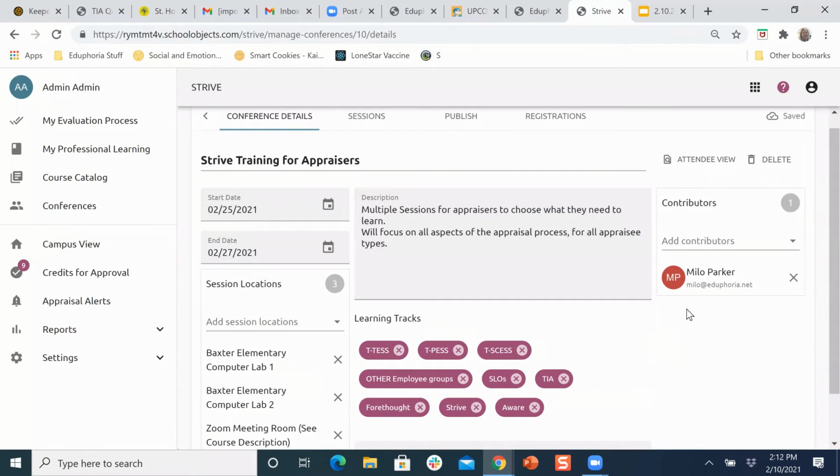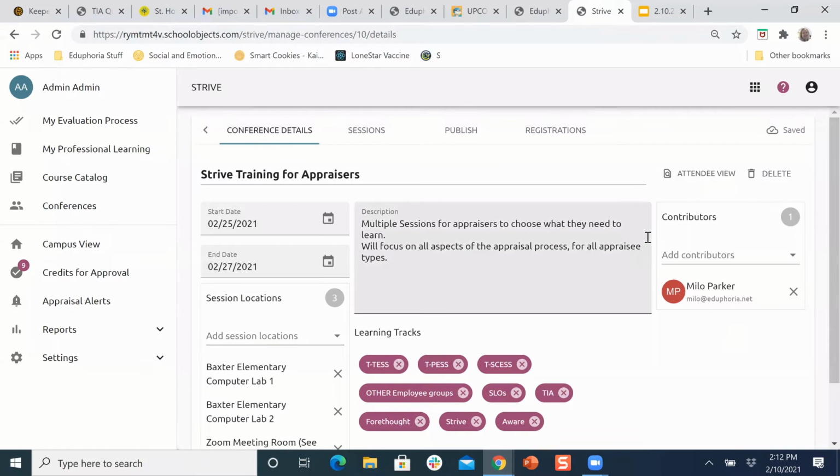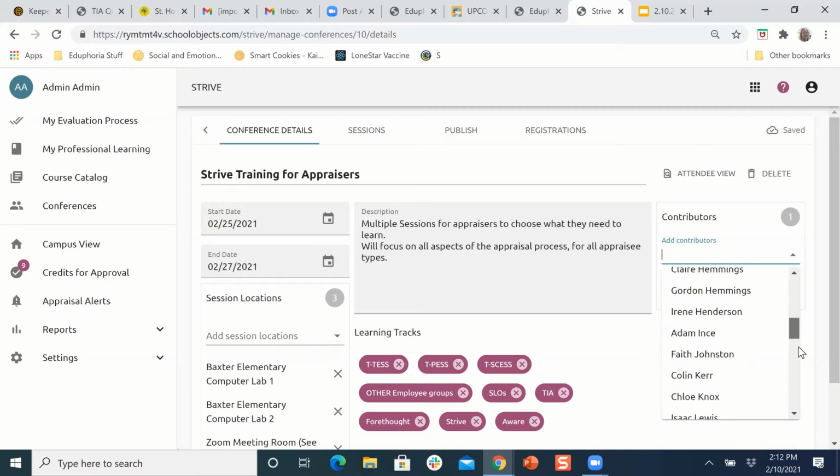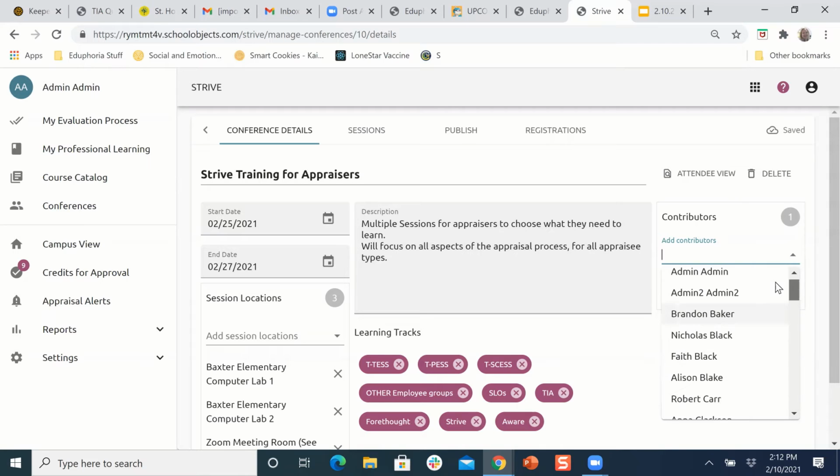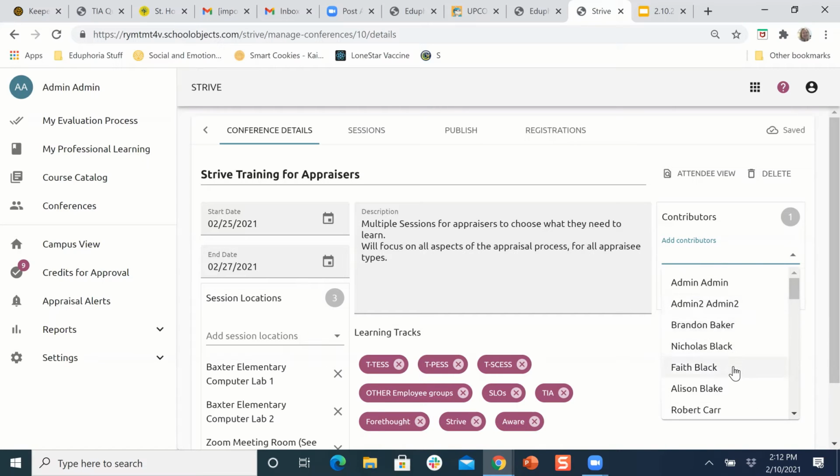This is one of my favorite pieces over here, the contributors. This means that as the administrator, you don't have to build every single thing in the conference. You can have help. And so you can come over here and add a contributor. This contributor list is going to be those who have the district course creator role in Workshop. So if you need somebody to be a contributor and they don't currently show up in this list,